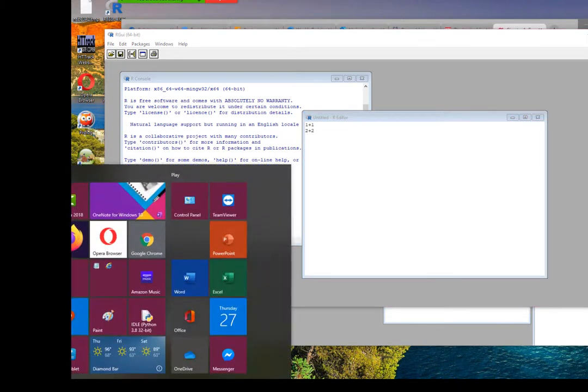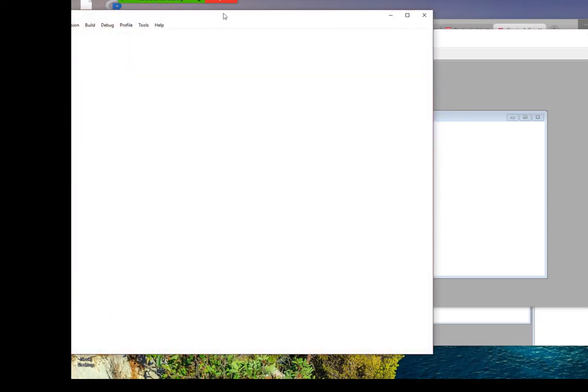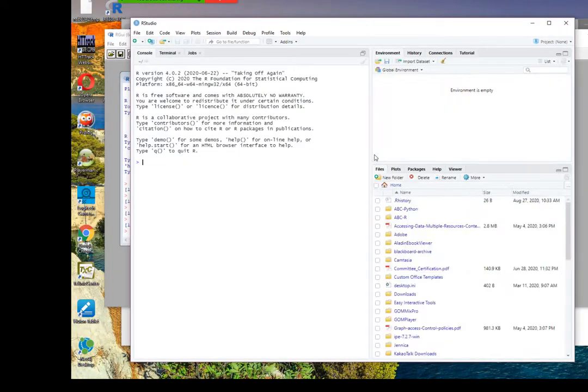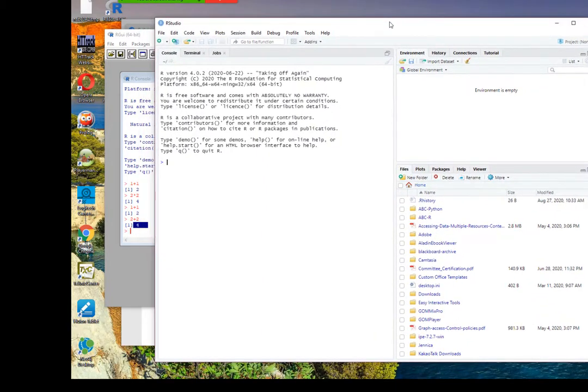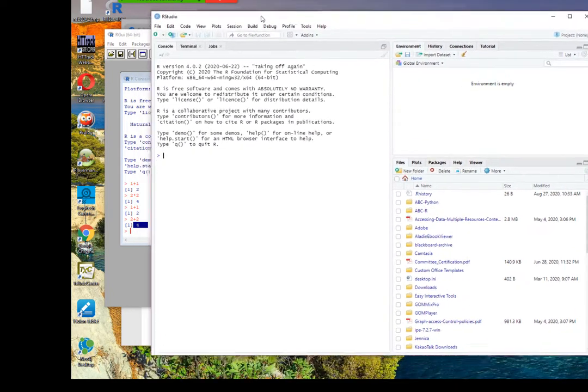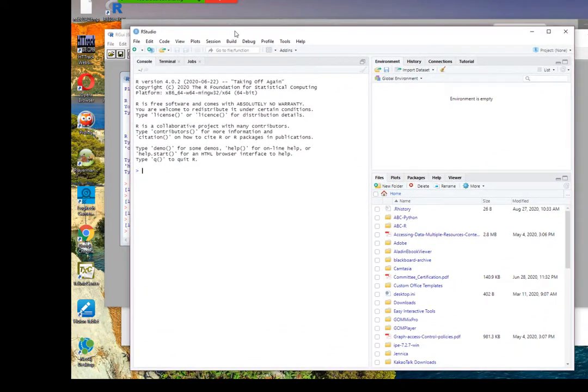When you open RStudio, you will see this. This is RStudio, and it has a much nicer user interface, as you can see. You have to install RStudio after you install R, because RStudio is just an interface.